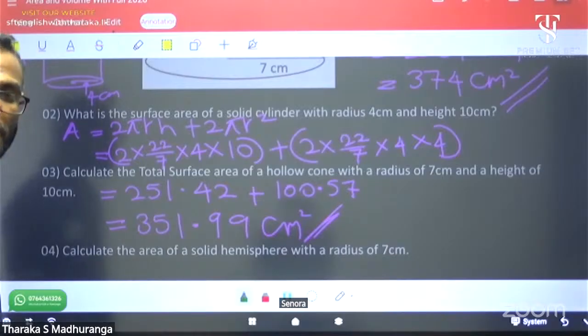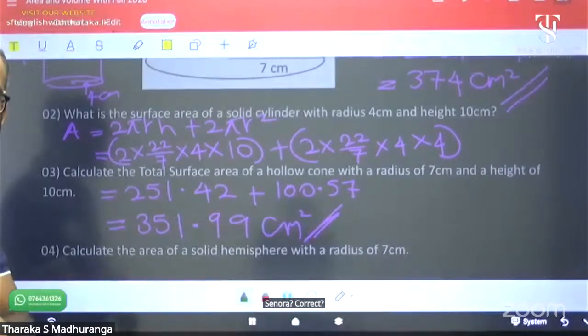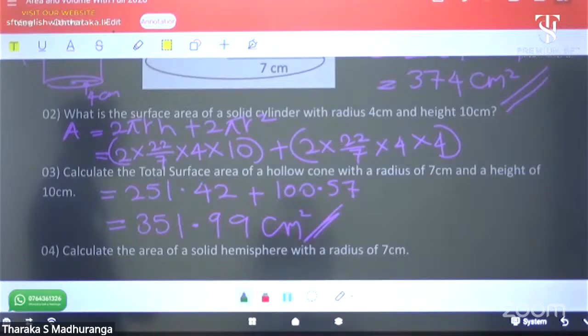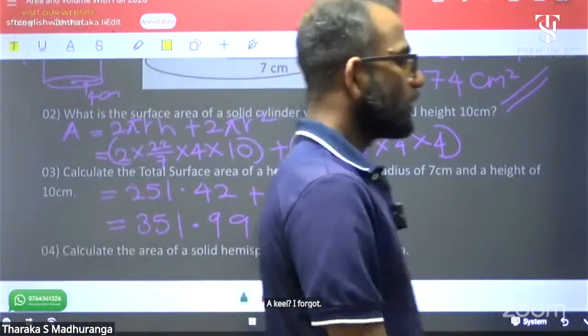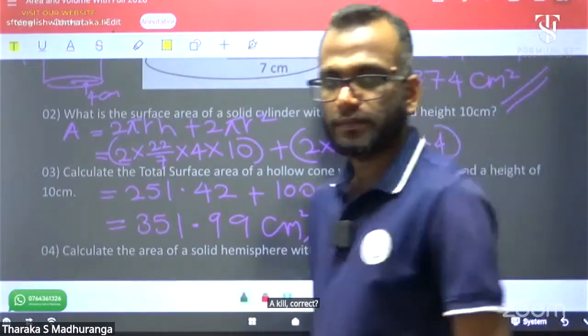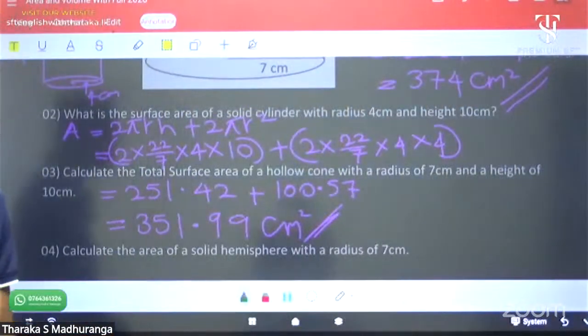Senura, correct. Rashmita. Akhil, I forgot. Akhil, correct. Asel,